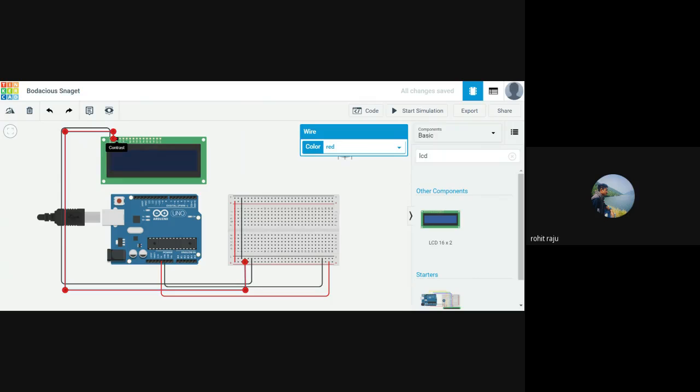And then we have the contrast pin. If you want to change the contrast, you can use a potentiometer, that is actually optional here. If you connect this contrast pin to ground, you'll get a higher contrast by default. So let's connect this to ground. This port is here nearer to this, right? Let's connect this to ground.